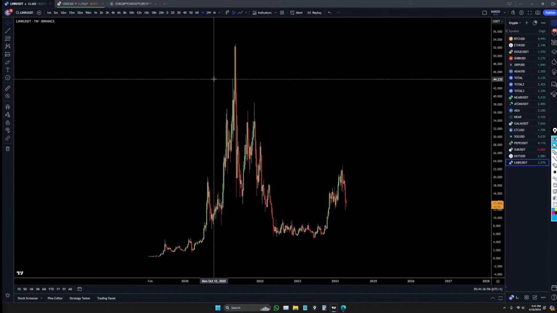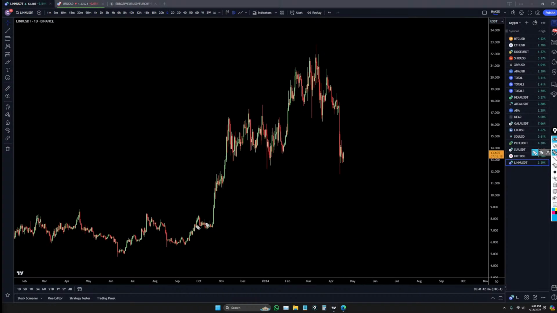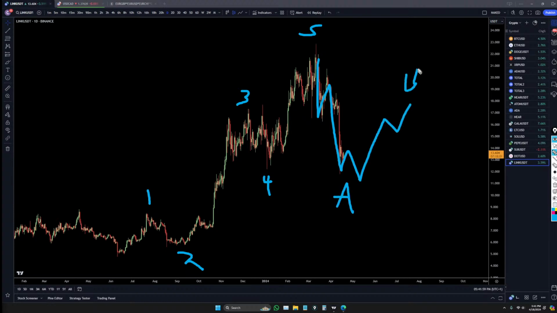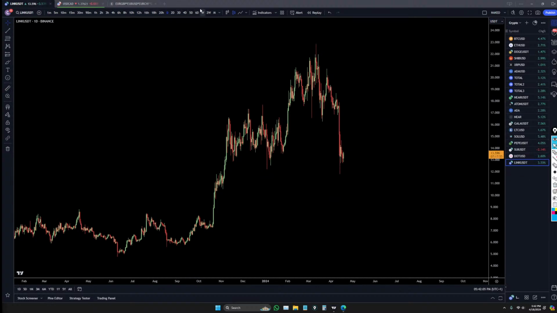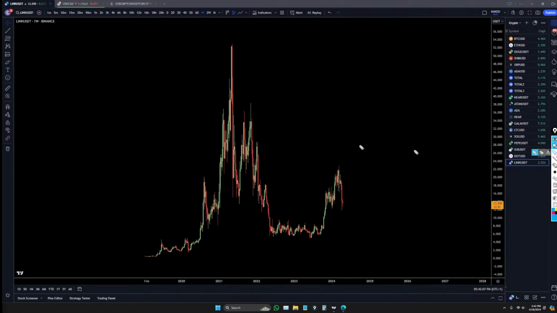Oh, this one's actually quite a bit different, isn't it? This is way different than the other cryptos. But boy, one thing is extremely clear. The search for clarity definitely leads me to this. That is extremely clear. Except for this one, which to me doesn't look like it's going up anytime soon. This one looks like a 1, 2, 3, 4, 5 of A. It looks like it might go up, but it should just be a wave B, a wave C, and then up again for a wave, whatever wave it is. Whether it's a B or a 3, I don't know. Obviously, in this situation, I would always label this as either a 1 or an A, a B or a 2, or a 3 or a C.